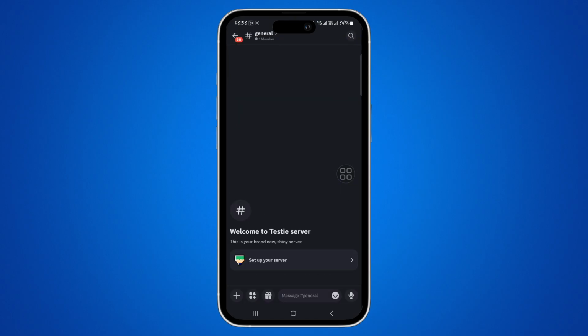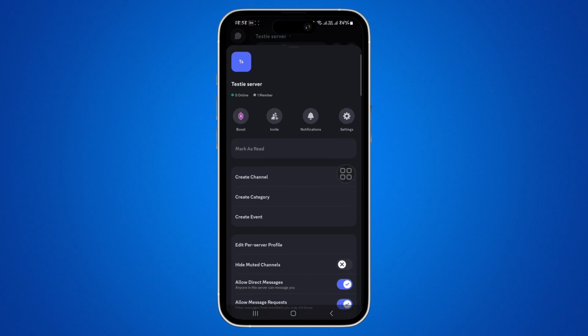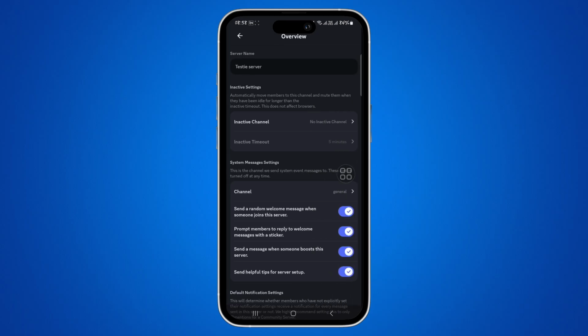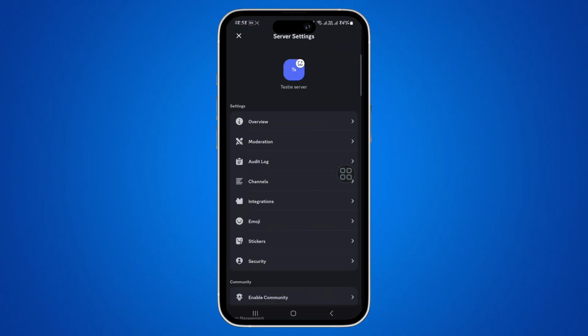Tap on the back arrow in the top left corner. Then tap on your server name in the top of the screen. Select the gear icon or the settings option to access your server settings. And here you can go ahead and add profile picture to your server. Go to overview, change your server name, and go through other different options and settings and set it according to